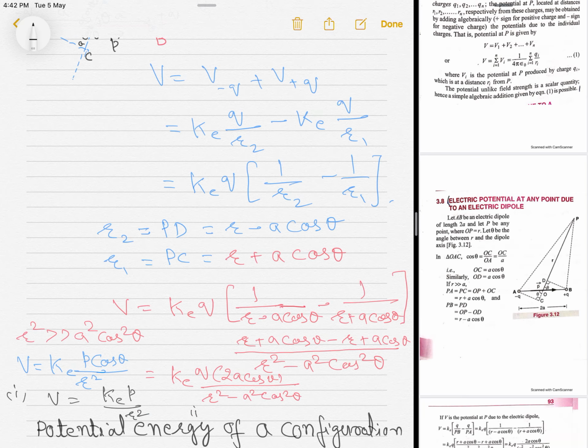And second case, on the equatorial position. So, theta will be 90 degree. So, V will be 0. You can see in the PDF also